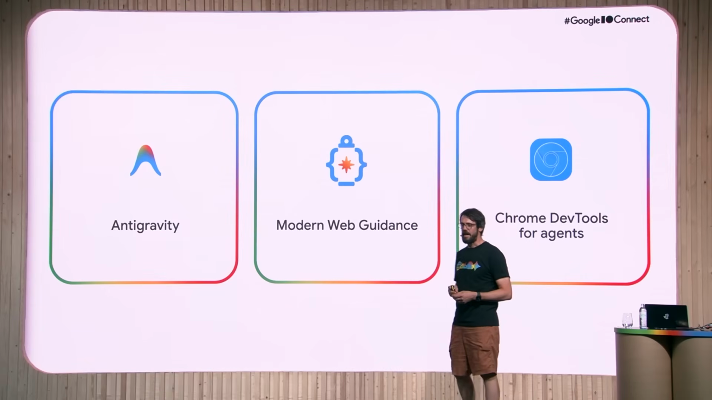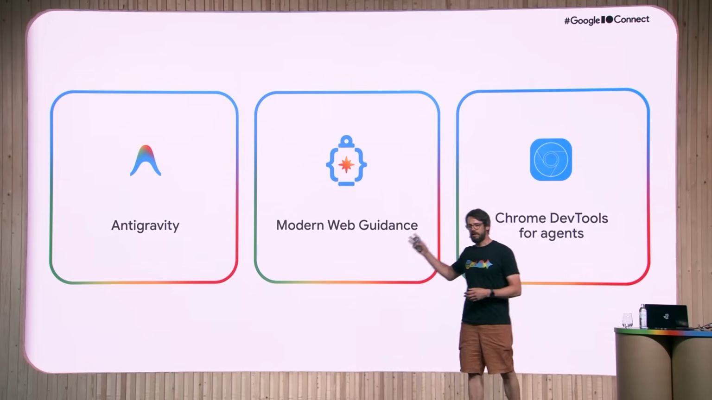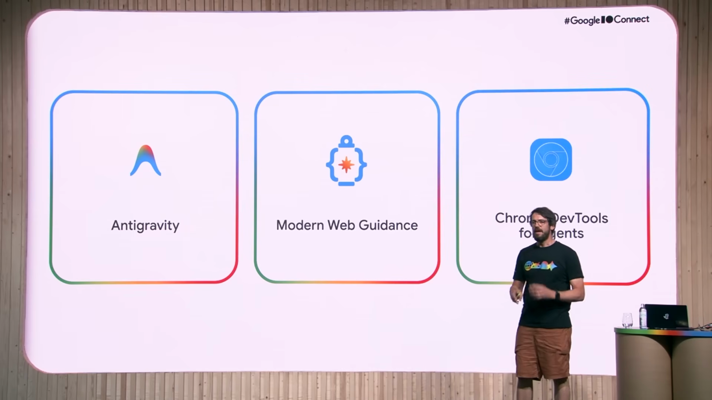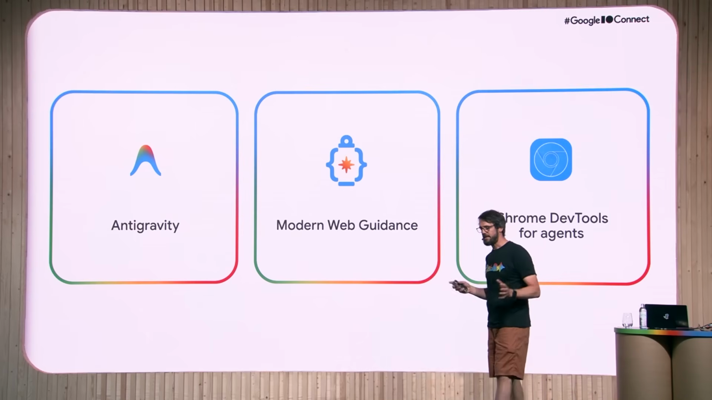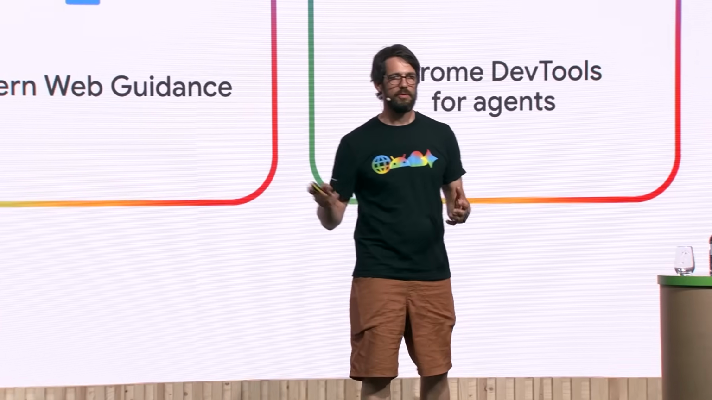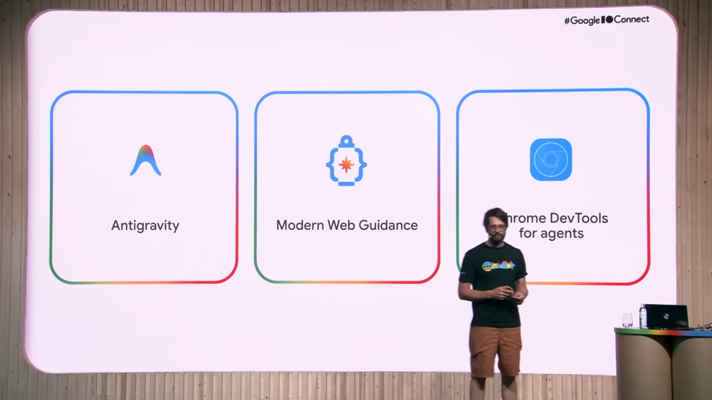By the way, I'm mentioning Antigravity here. Of course, Modern Web Guidance and Chrome DevTools for agents work equally well with any other kind of coding agent. Also, during the workshop, it says Antigravity. You can, of course, download it. But if you've got another one installed, feel free to use that one instead. So, but before